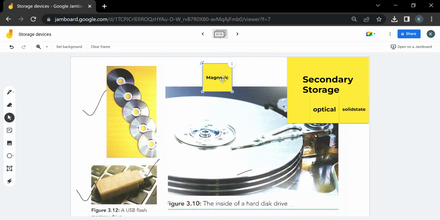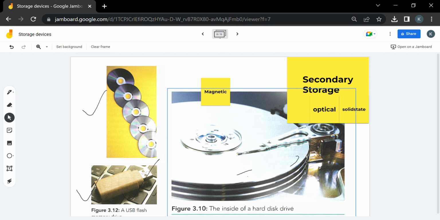Our hard disk is made up of magnetic material. Here you can see magnetic material. It is made up of platters stacked over each other, and these platters are made up of magnetic material. All the data is being read or written over this magnetic material. Now if we are talking about CDs, yes, we can easily see that it is